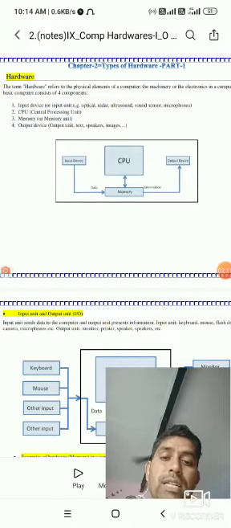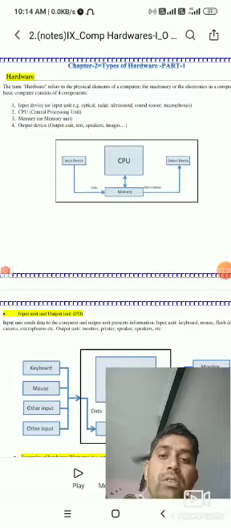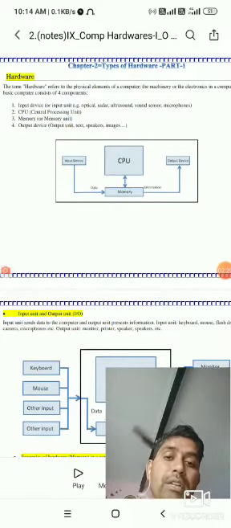Second part is CU. If we have lots of information to do calculations, the control unit is there. The control unit holds the data that is inputted by the user. After one by one process, it sends the data to the ALU. So the CPU will process that data in a queue, one by one. After processing we will get the concerned output result.